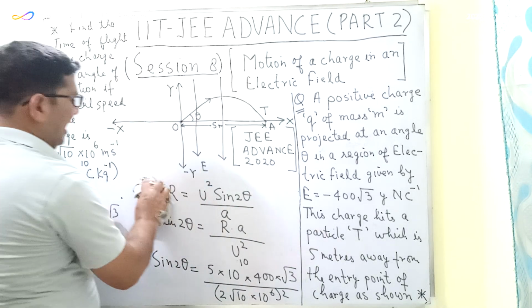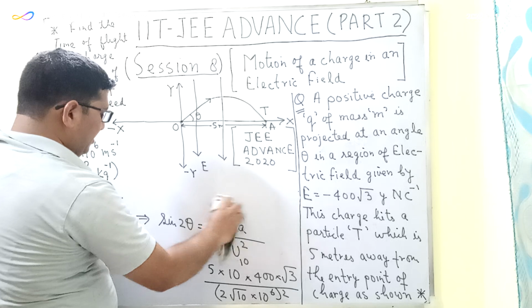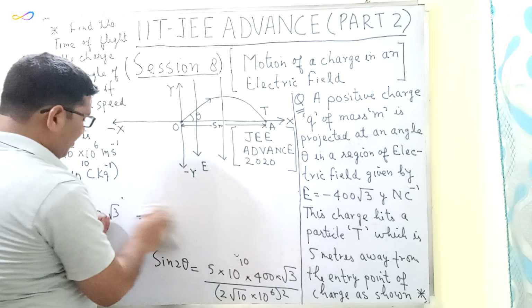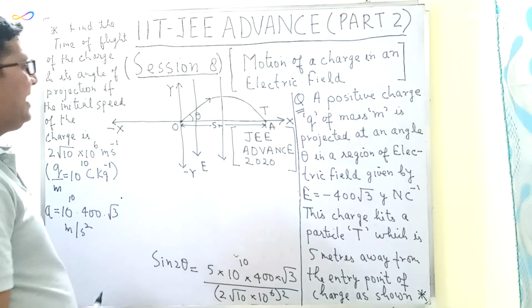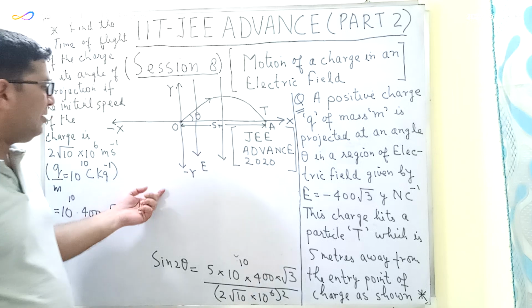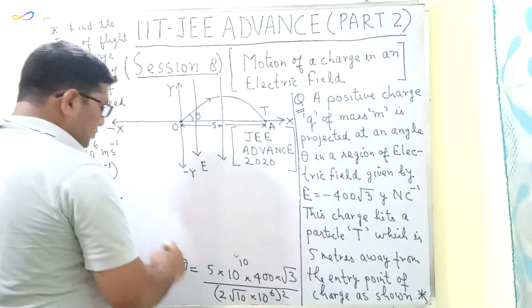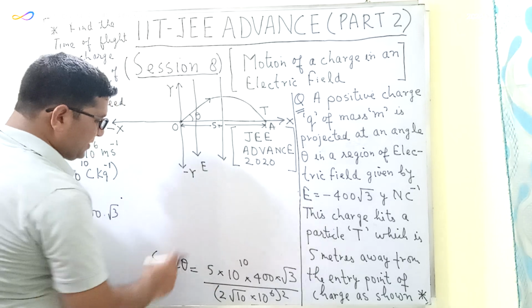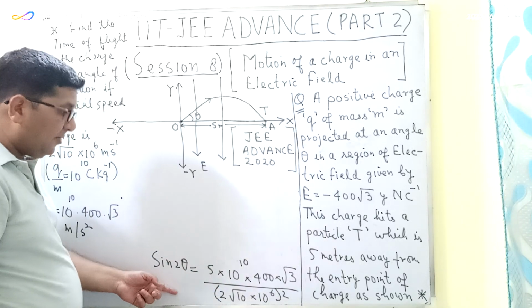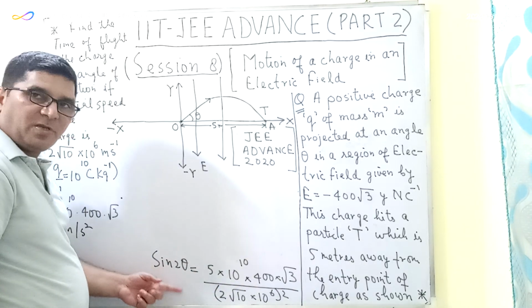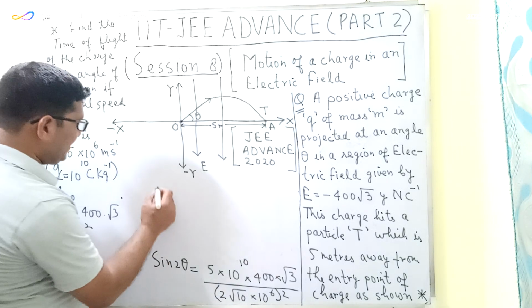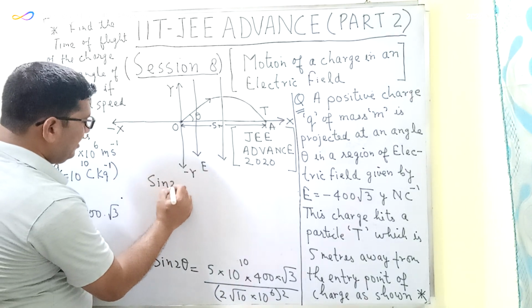So in this question I will be finding only the value of the angle of projection, because once you find the angle of projection, you can easily find the time of flight. Okay? So first of all, let us find the angle of projection. The angle of projection can be found by using this formula, that is sine 2 theta is equal to